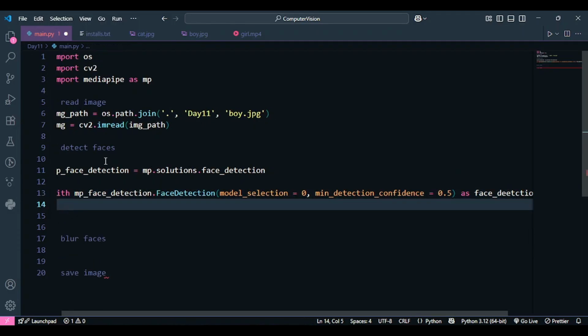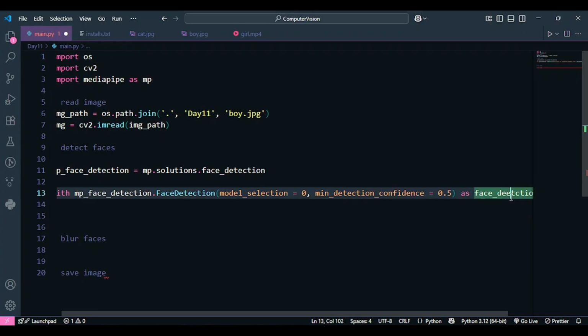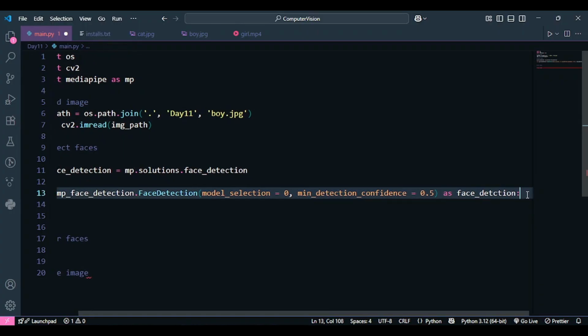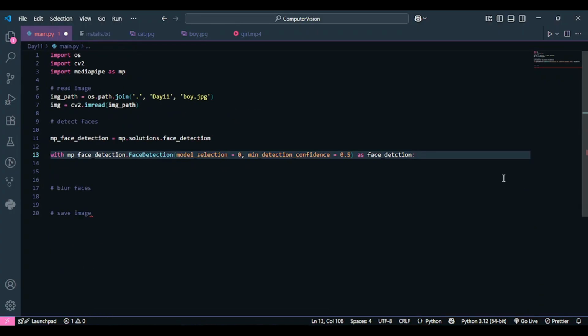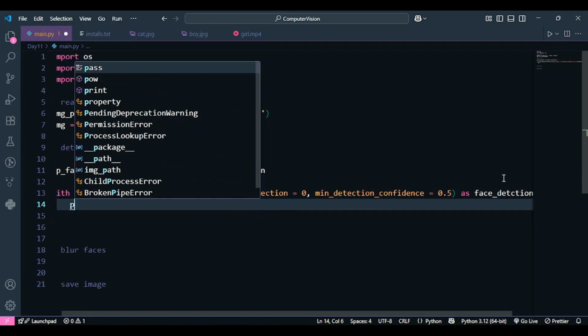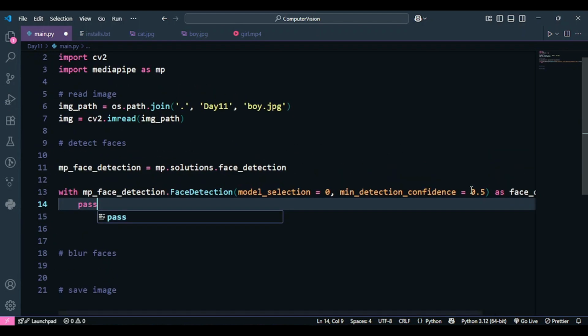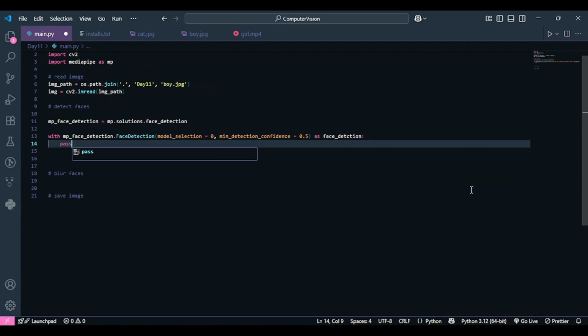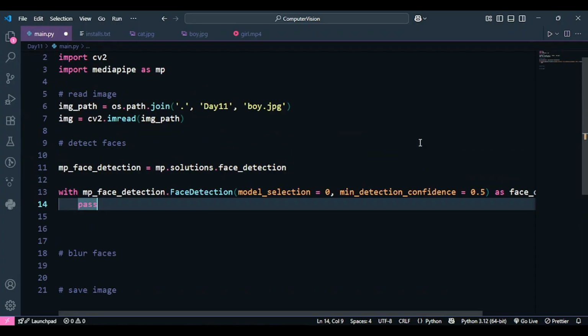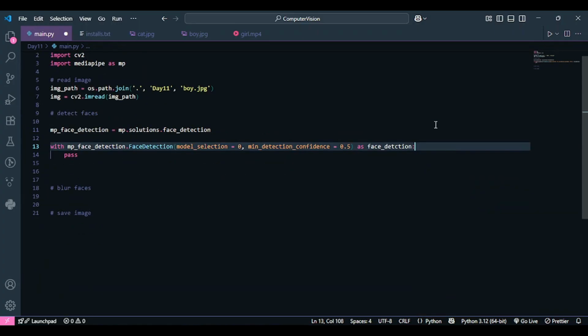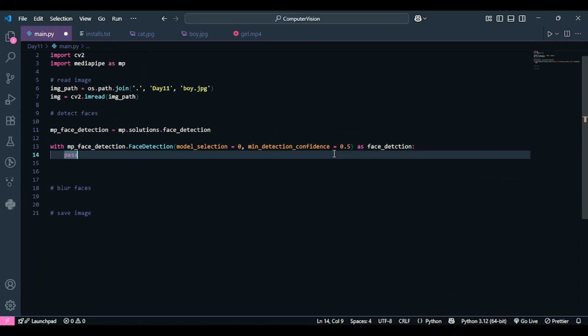I wrote double E over here. Okay, I hope this font is okay. And over here I'm gonna write pass. All right, so let me just adjust the size first, and then I'm going to explain these parameters to you. Okay, that's too small. Okay, I think this size looks okay. So now I'm going to explain the parameters to you.